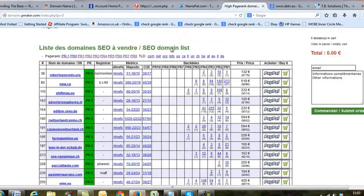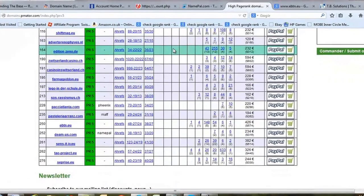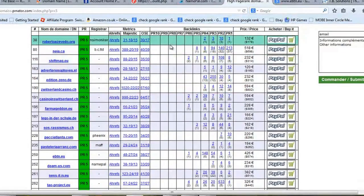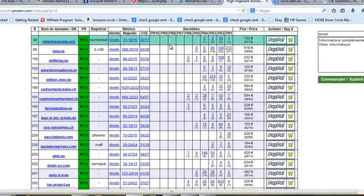So what we would do is look for something on here which we would use as one of our base sites. Now I normally have a couple of base sites. I use these to power up a couple of sidestep sites on each base domain, and I normally power up the money site as well. But what I'm starting to do is buy a money site which has already got authority,